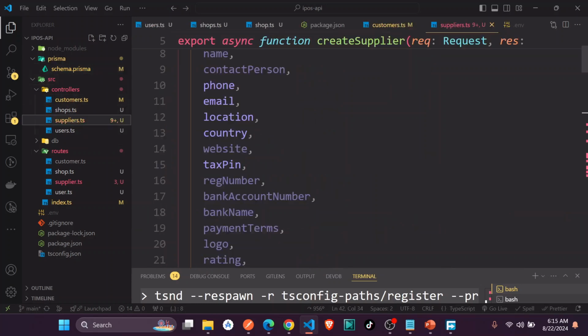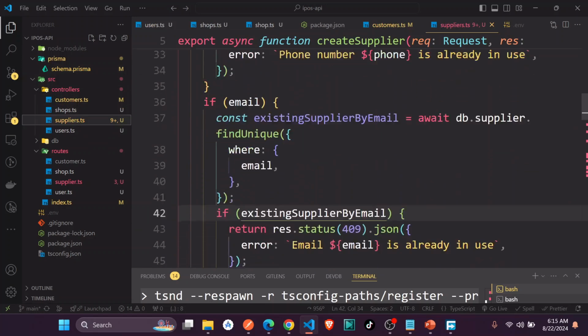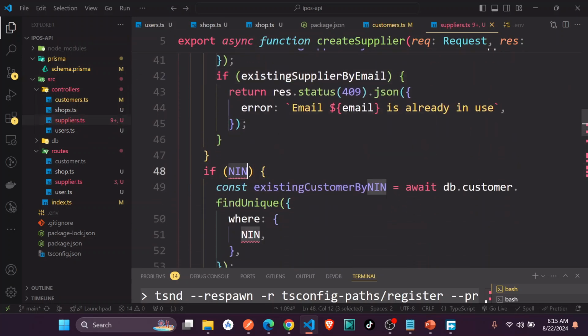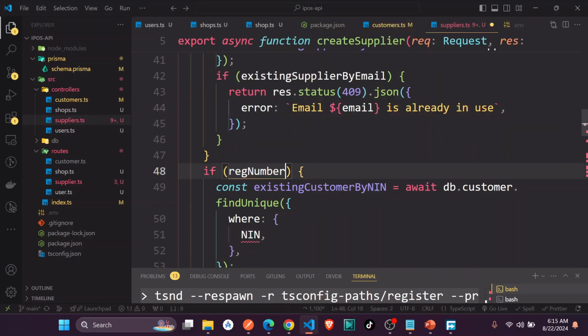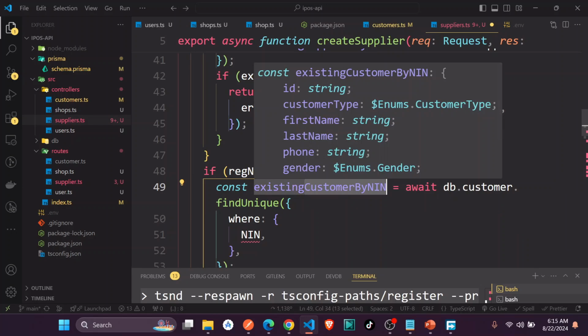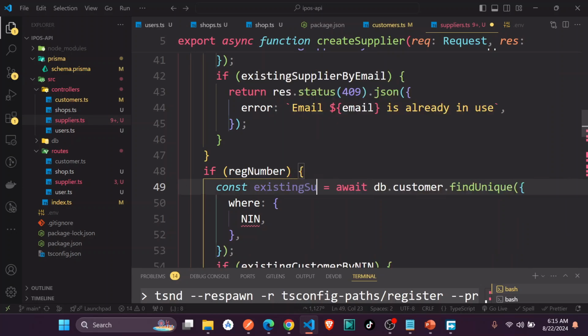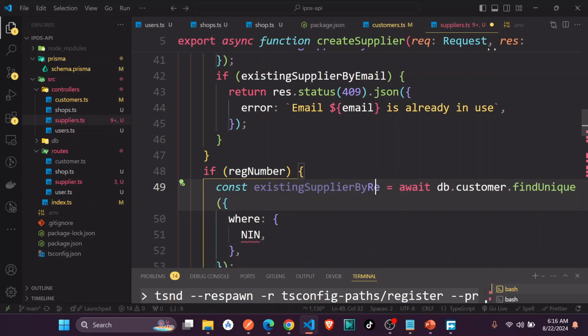So just go inside here. So I'm just going to say reg number, and you say existing supplier by registration number, existing supplier by reg